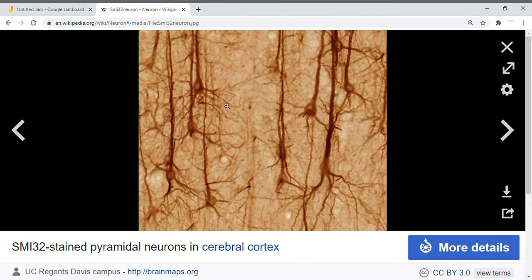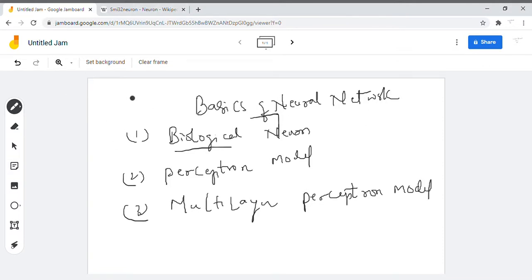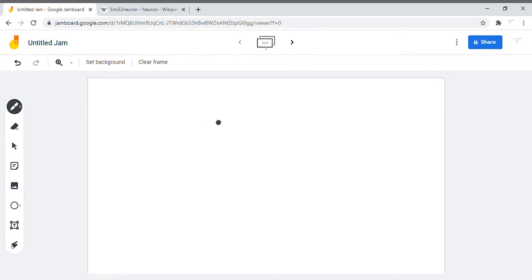Now we make use of this concept and we try to build our artificial neural network now. Now I'll go back to my whiteboard, and I'll say that keeping this as a biological neuron as a basis, we start building something called as a perceptron here. Remember guys, perceptron is nothing but the neurons only. Okay, how does a perceptron look like? Let us try to discuss that. I'll clear the frame now. A perceptron is nothing but a single neuron.